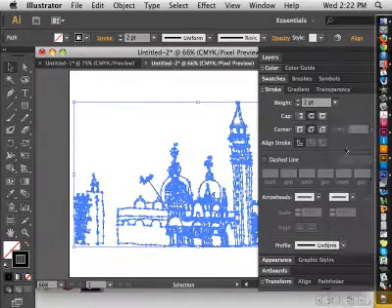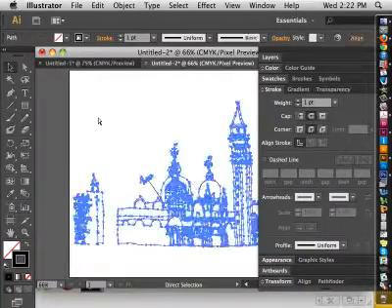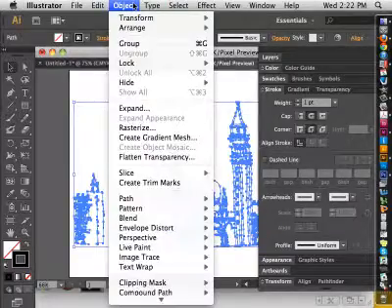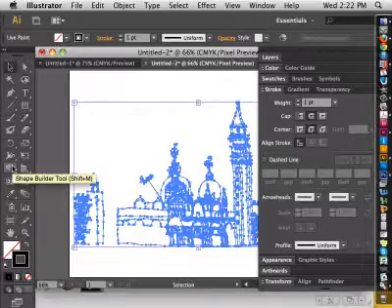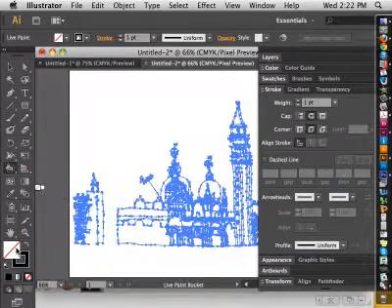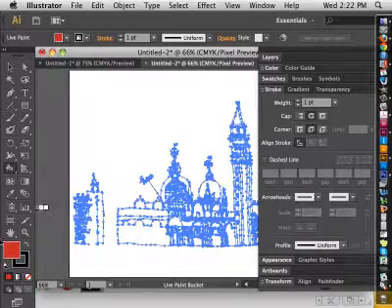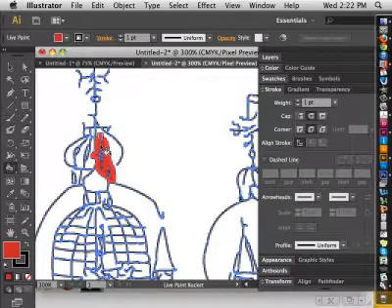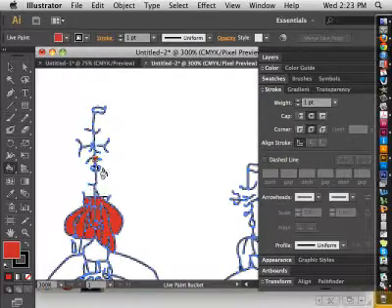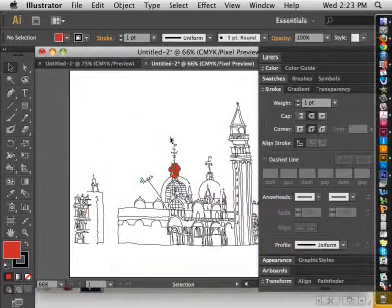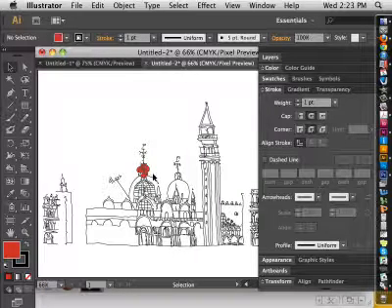I can use it as a live paint group, and fill it with a color. Right, I can go into particular regions and fill. I'm always looking at the bucket and not the arrow. Right, so it lets you start editing a hand drawing in a way that you can really control the lines